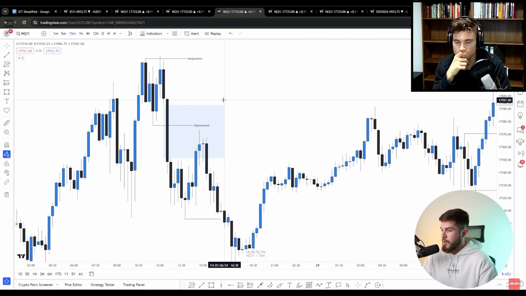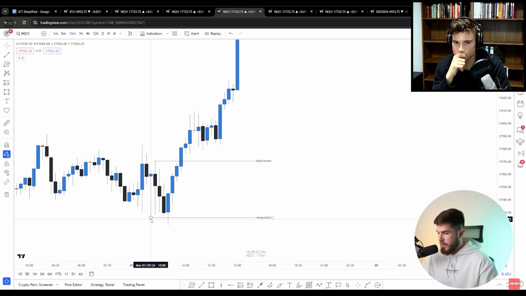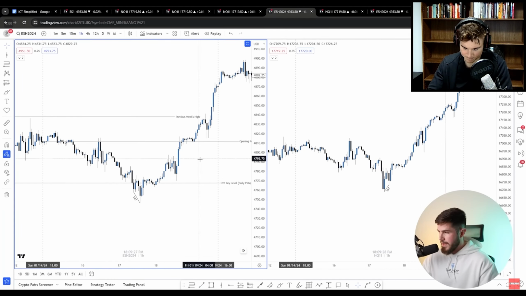Together to get higher probability setups. And if we look over here, the market is failing to displace or manipulating this low, and then it pops up and displaces through this high. So that tells us the market is bullish, because if we displace, we're going to get follow through. And if we're manipulating lows, then the market is likely bullish. Next, we're going to talk about S